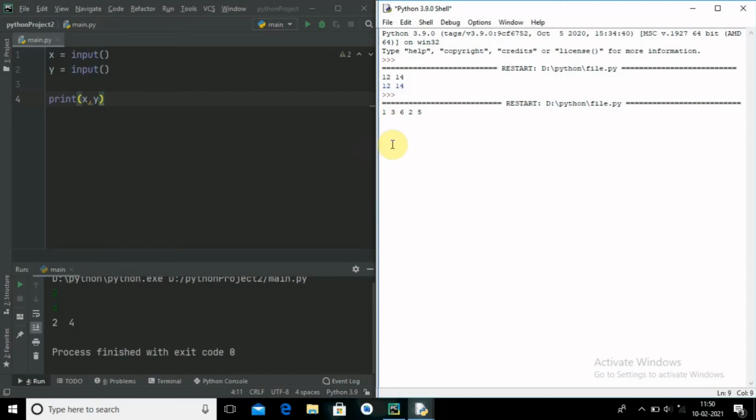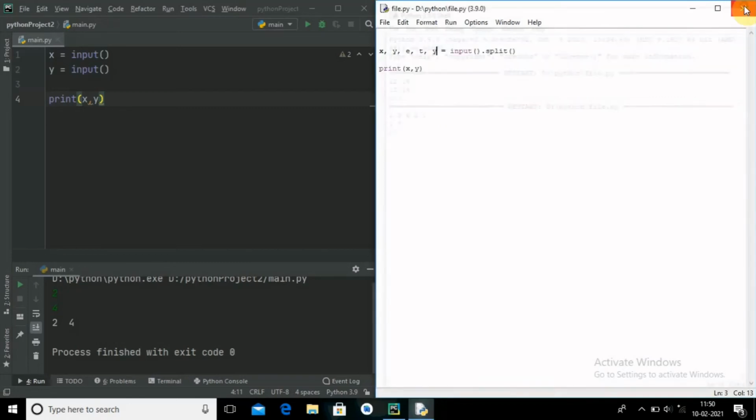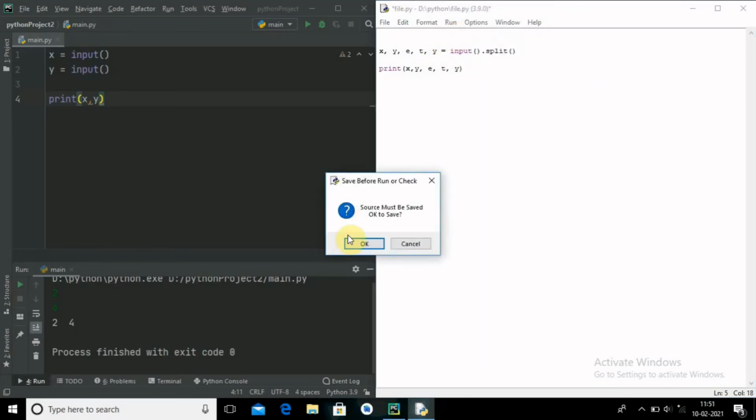Here I have given the 5 inputs. When I run this, there is an error. It is telling the input dot split. Here I have printed only x, y. I have to print other numbers too. So e, t, y. So let me run this again.